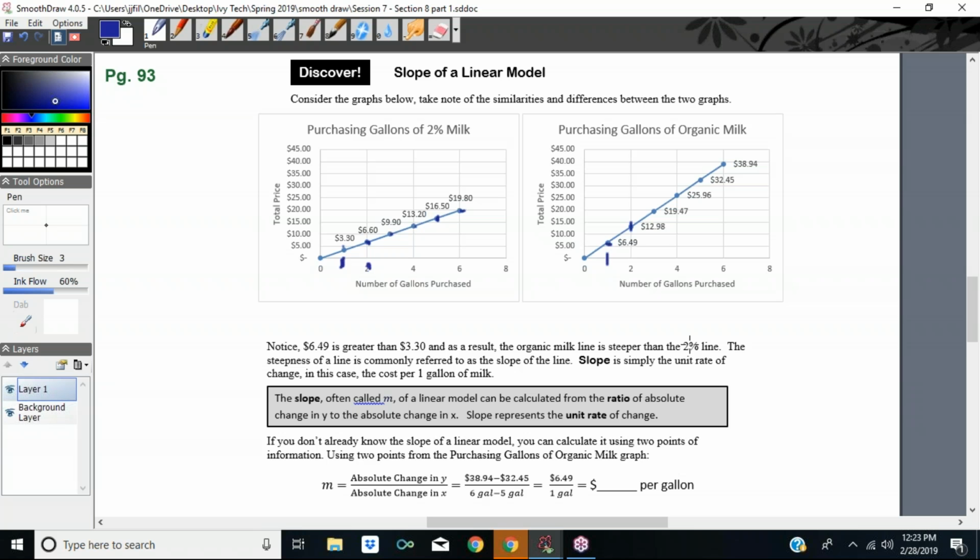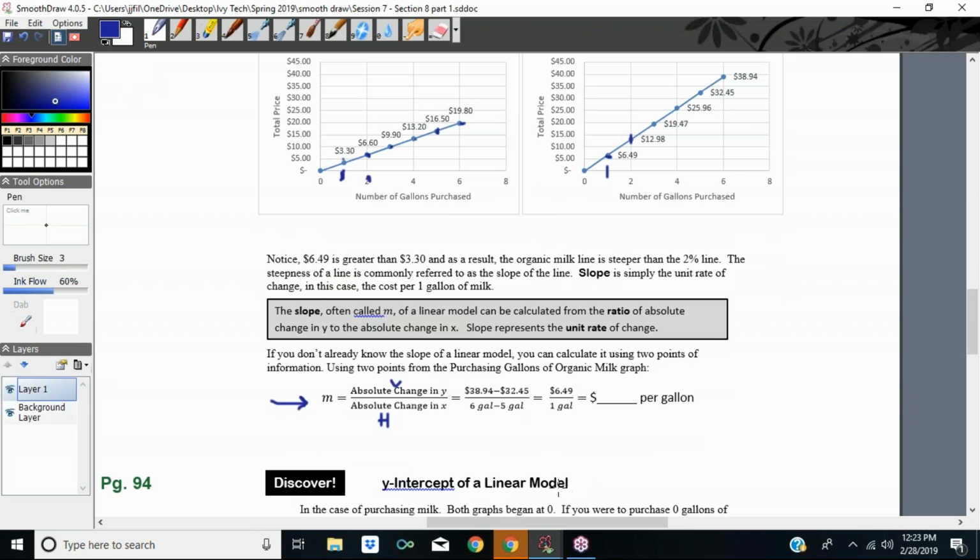It says here, notice 6.49 is greater than 3.30, and as a result, the organic milk line is steeper than the 2% line. The steepness of a line is commonly referred to as the slope of the line. The slope is simply the unit rate of change, in this case the cost per 1 gallon of milk. So the unit rate of change means the absolute change in the vertical divided by the absolute change in the horizontal. So if we look at that example there, it shows